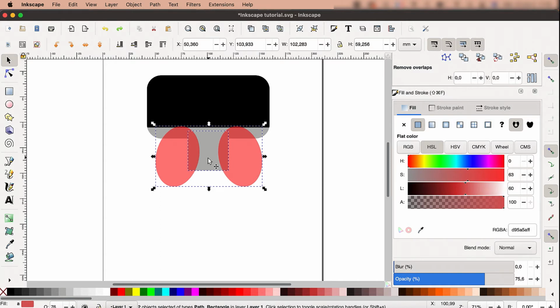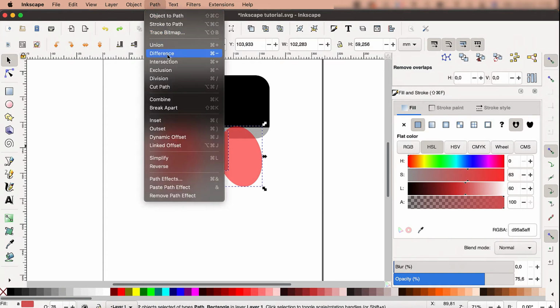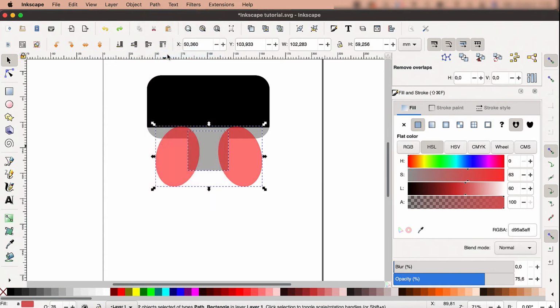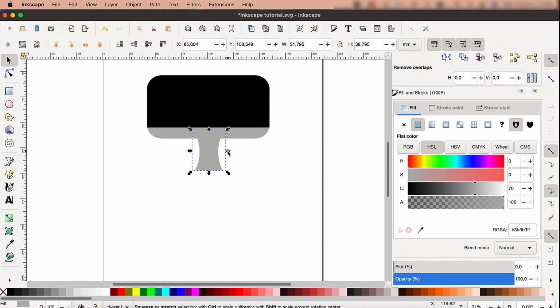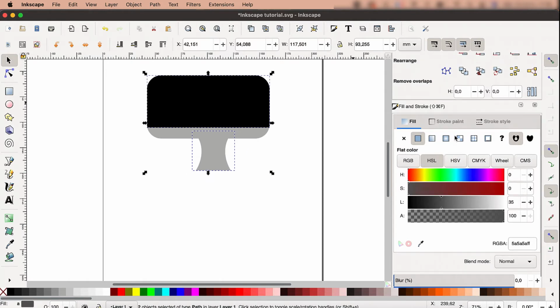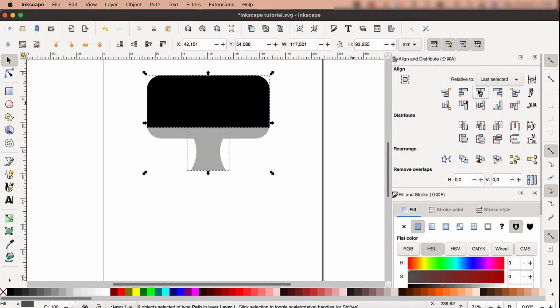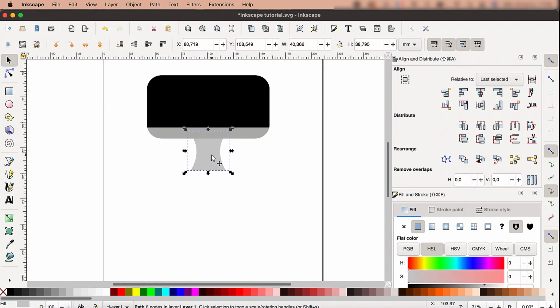The stand is now more real, but let's arrange it a bit by dragging the arrows on the left and right to change its shape. Select the stand, press Shift, select the monitor and align them by selecting Center on Vertical Axis in the alignment board. Select only your stand and on the lower selection on one step button to place it behind the monitor. Let's change its color and place it as we want behind the monitor.